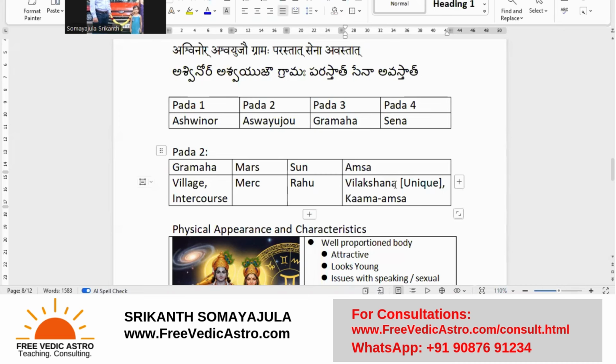Right now, you look at what Mars and Mercury are. Right, what do Mars and Mercury have to offer if they are together? Now look from Mars's angle. From the Mula Trikona of Mars, that is Aries, look at what Mercury is ruling. Mercury is ruling the 3rd and the 6th houses. So for Mars, Mercury is their biggest enemy, right? Because it rules both the enemy houses.